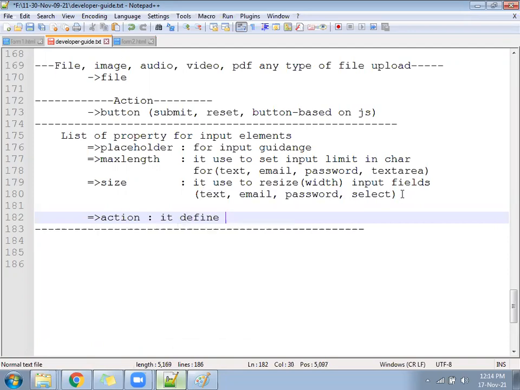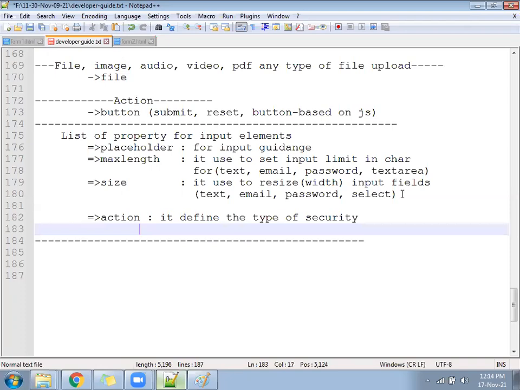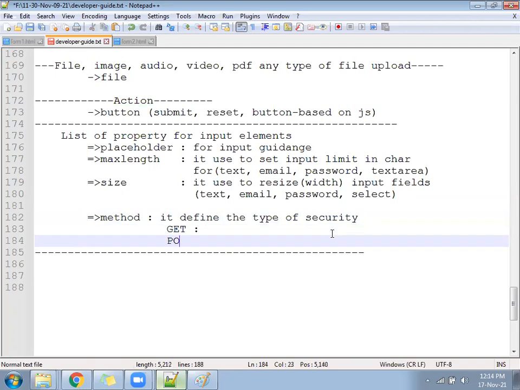Sorry, not action, it went wrong. Hold on. Convert this one to method. Method defines the type of security. One is called get and another is called post. Get and post. Get, what does it say?